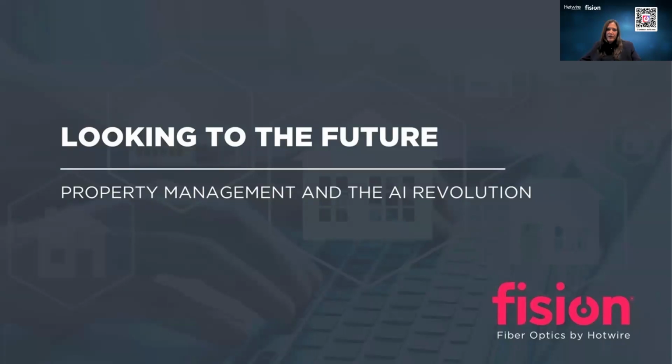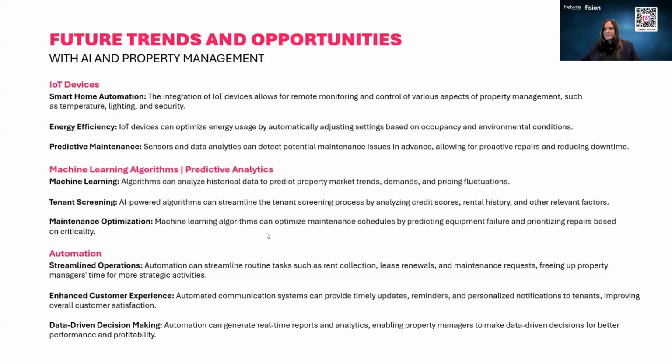So many of us have smart home devices, talking about looking to the future. And I mean, how many of us have robot vacuums? How many of us have appliances that tell us when we need eggs? That is all powered by AI. Smart home automation: the integration of Internet of Things devices for remote monitoring and control of various aspects of property management, such as temperature, lighting, security. So I went over that. Energy efficiency, we talked about how we can adjust the settings, predictive maintenance with sensors, machine learning,